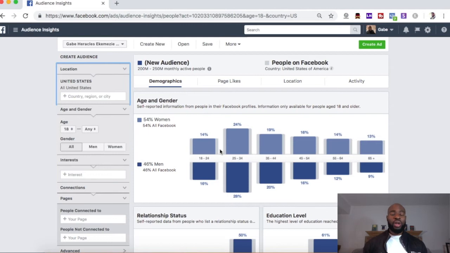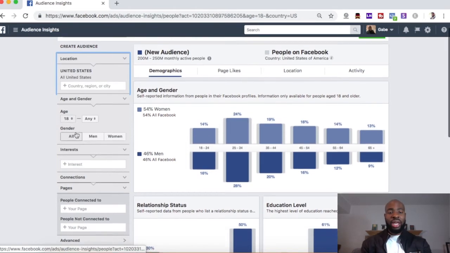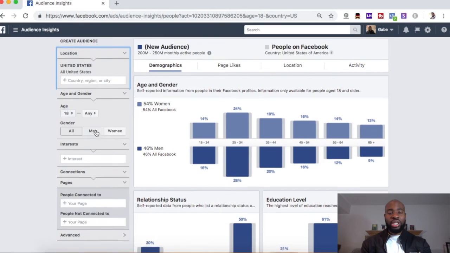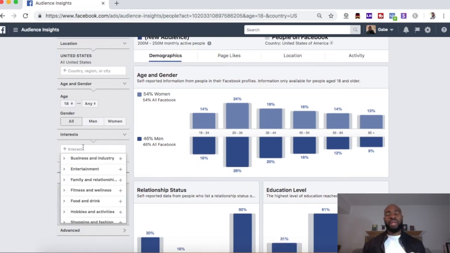Okay. So for this example, I'm going to do my niche, which is internet marketing. There's a list of competitors that I can look up, and what I recommend is doing this for three to five competitors each. What I'm going to do here is keep the location the same, United States, keep the age pretty broad, keep the gender the same. For interest, I'm going to type in one of my competitors, and the competitor I'm going to use here is